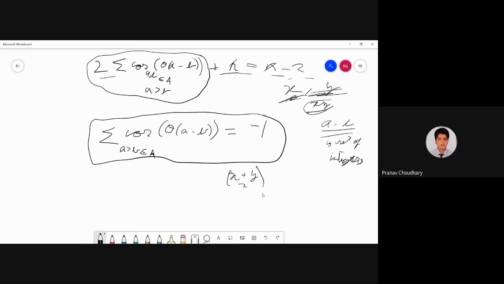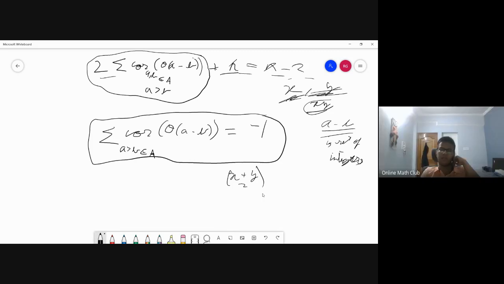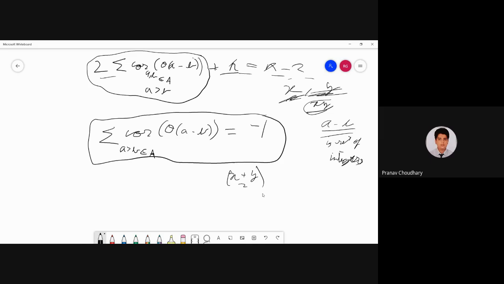I think my idea would work. So consider theta equal to pi by 2 and 3 pi by 2. Now a minus b will always be an integer. So cos of theta times a minus b is 1, minus 1 or 0. Yeah, 1, minus 1 or 0. Okay, sure.